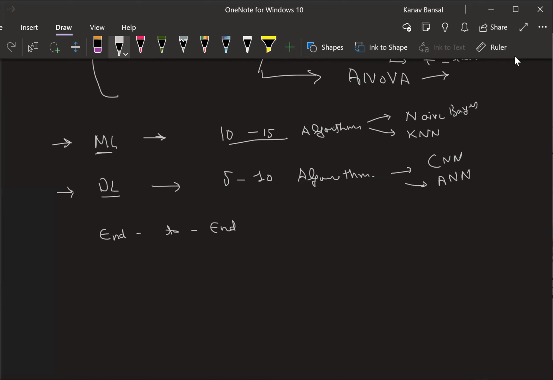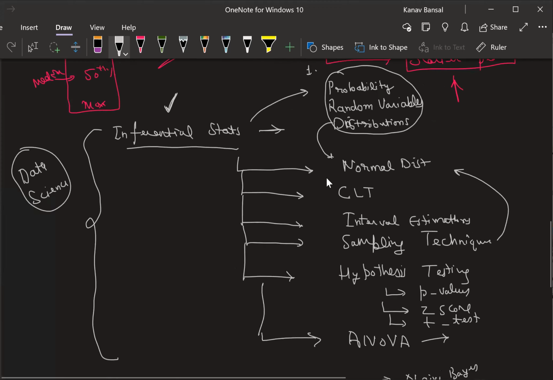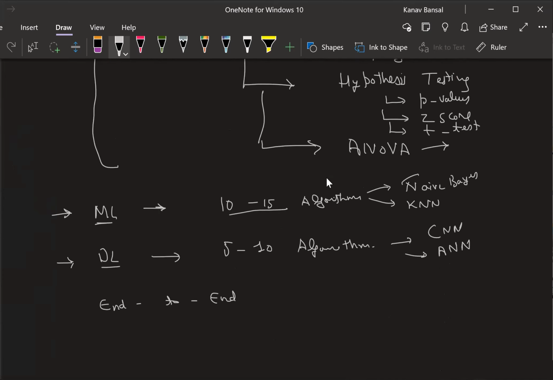Yes, correct. There is something called Bayes theorem in probability, right? When you learn probability over here, you will be learning conditional probability and independent events. You will be learning Bayes theorem, right? The same Bayes theorem can be used in machine learning, so we have something called the naive Bayes algorithm. If you understand probability, then only you will be able to understand this algorithm.